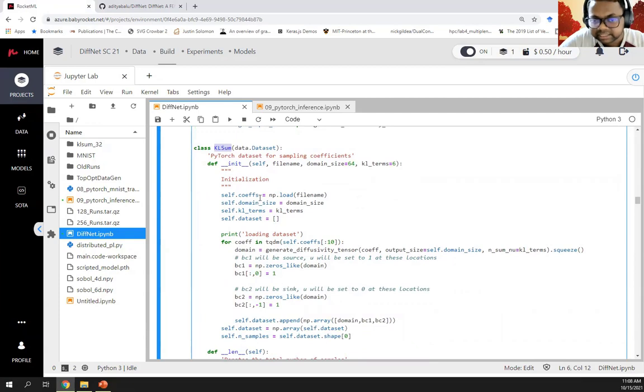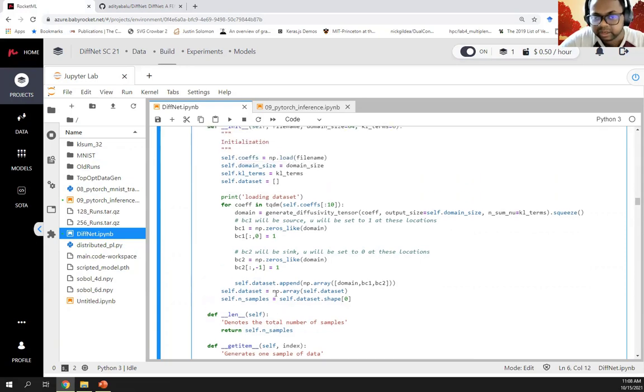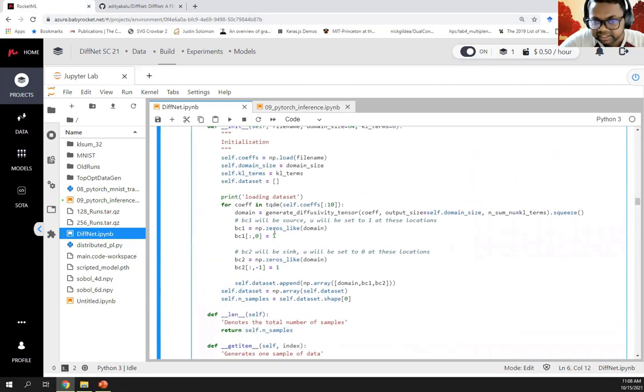Here you initialize some things, process them, and you need to create two methods, the __len__ and __getitem__, to define what items you need at a particular point and how many samples the whole data set contains.